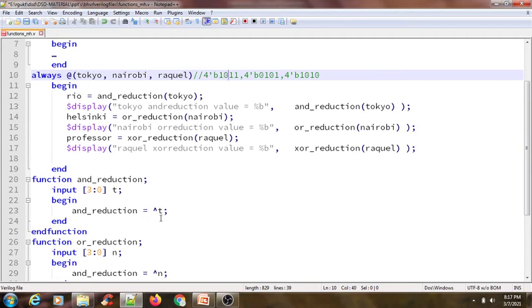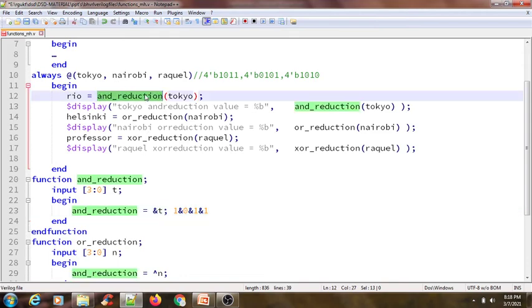That is nothing but AND, I need to change the symbol, and t. So 4-bit binary 1011, 1 and 0 and 1 and 1. What will be the result for it? Certainly it will be 0. So this function produces something, that is, at the end of the function execution I will have some value, and the return value is placed where the function was invoked. As you can see, the function got invoked here, and the return value is placed in